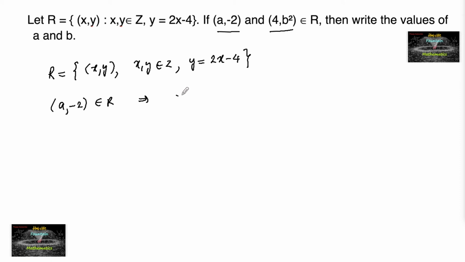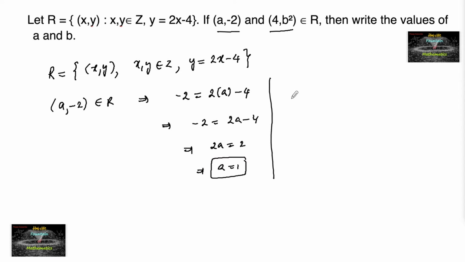So it satisfies the condition, that's -2 is equal to 2 into a minus 4. So that is -2 is equal to 2a minus 4, or we can write 2a is equal to 4 minus 2, that is 2. So a is equal to 1,